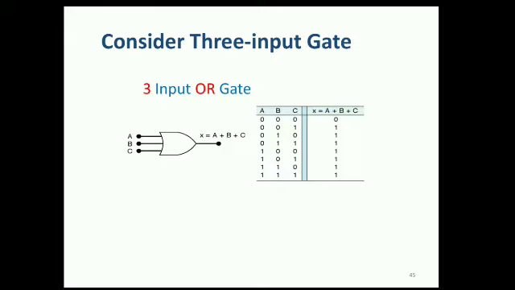As you learned in data representation, when we have a 3-bit combination, we have a total of 8 combinations. If we have a 4-bit combination, we have a total of 16 combinations. Similarly, in the gates, if we have 2 inputs, we have a total of 4 possible inputs. If we have 3 inputs, we have a total of 8. If we have 4 inputs, then we have a total of 16 possible combinations of inputs. And based on the operation being performed, the result is shown on the right hand side.